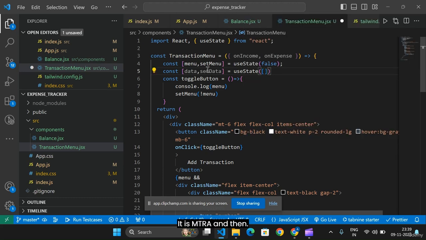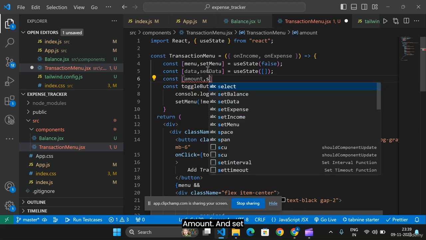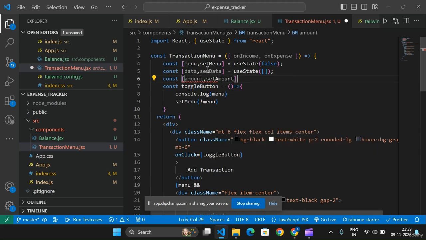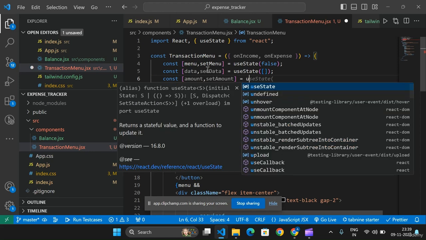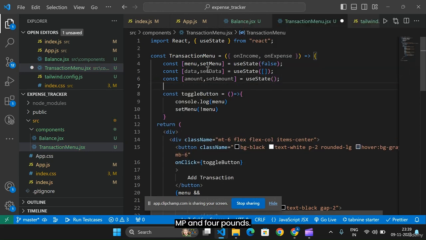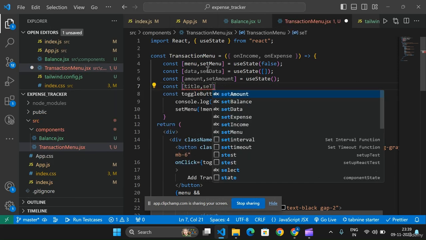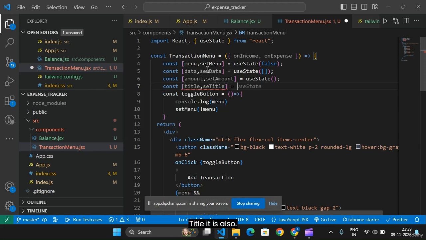So it is an empty array, and then const amount and set amount, which is empty, and for const title and set title, which is also empty,